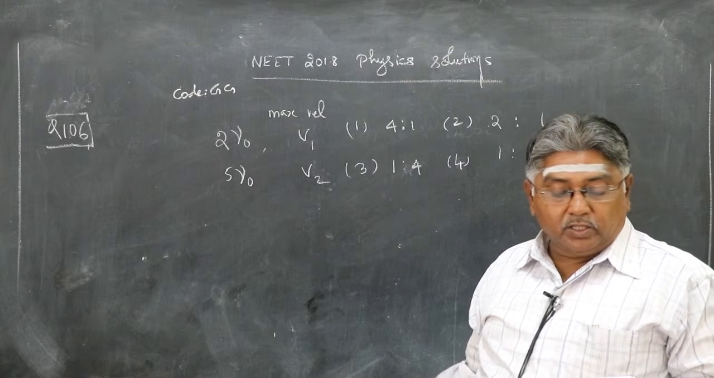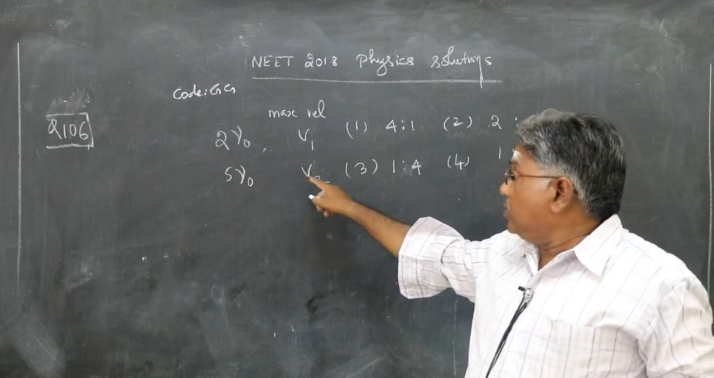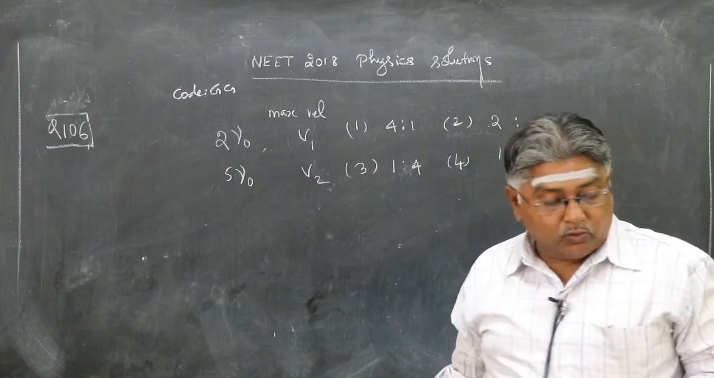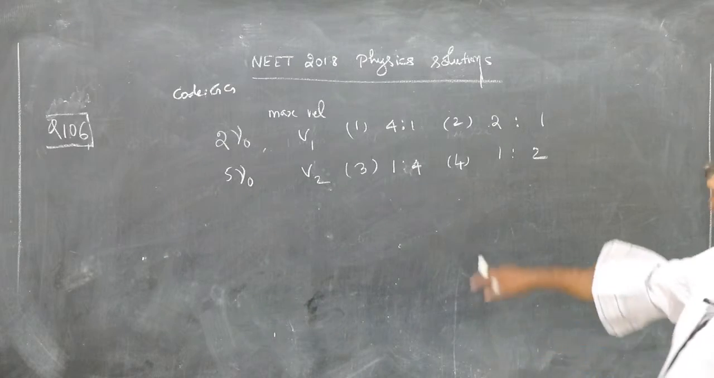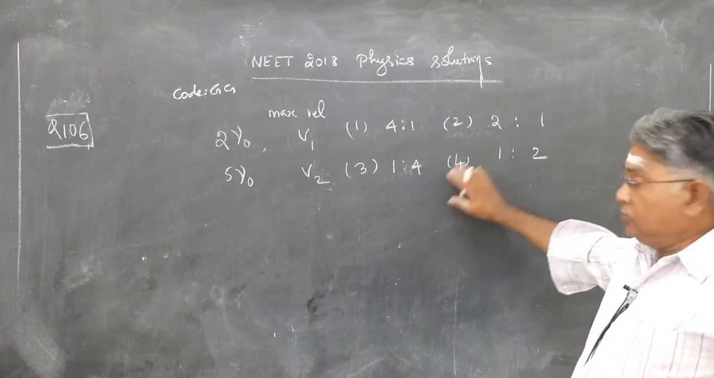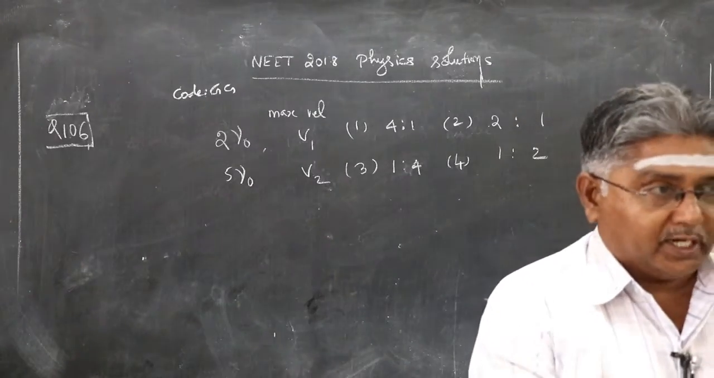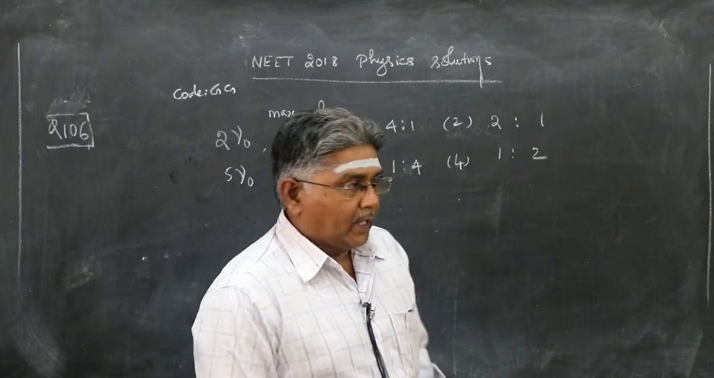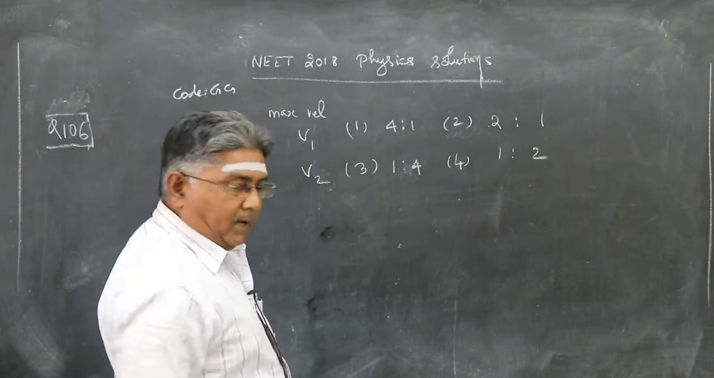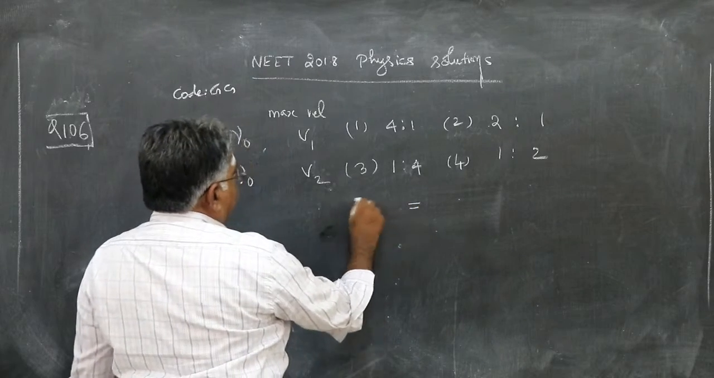When the frequency of the incident radiation is increased to 5 nu naught, the maximum velocity of electrons emitted is V2. The ratio of V1 to V2 is 4:1, 2:1, 1:4, 1:2. We have to find out which one would be the correct ratio. How do you do the sum? Use Einstein's photoelectric equation. It says the energy of the incident radiation